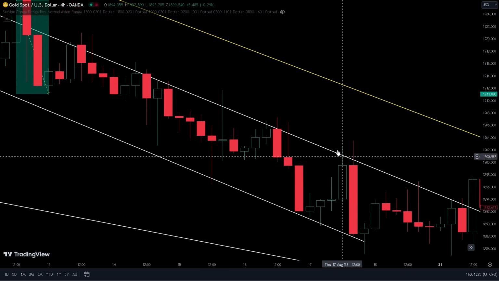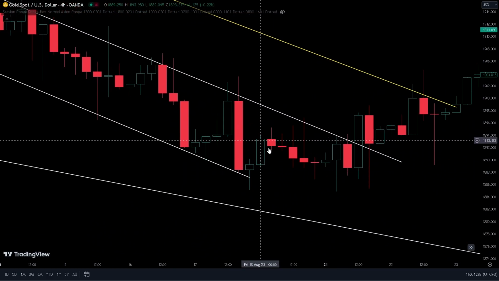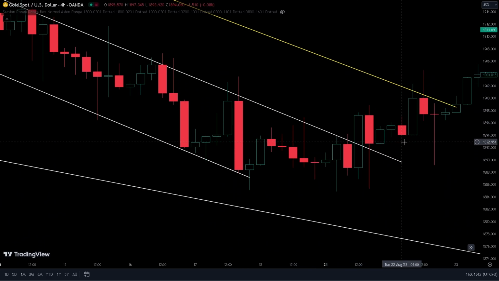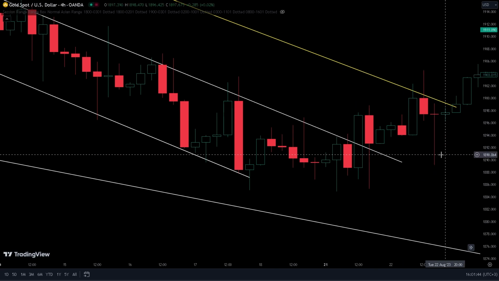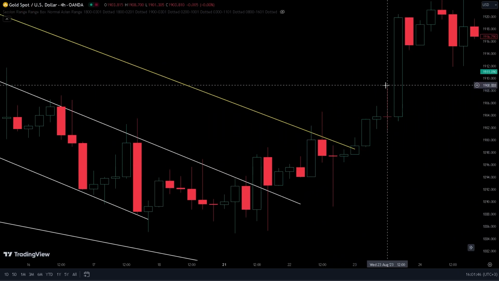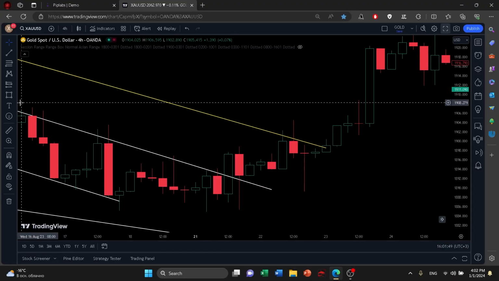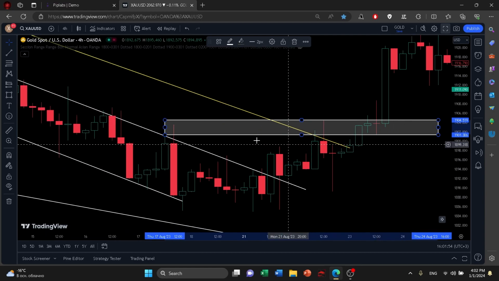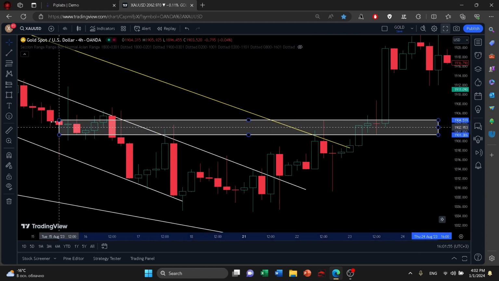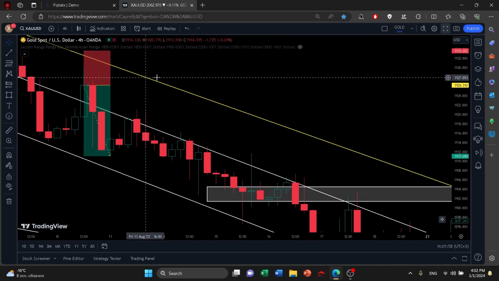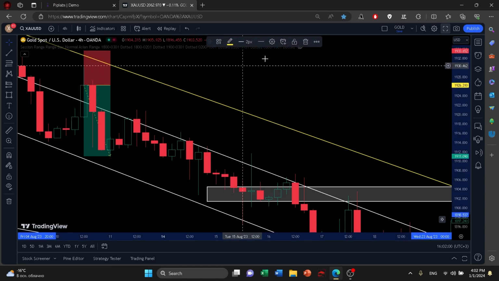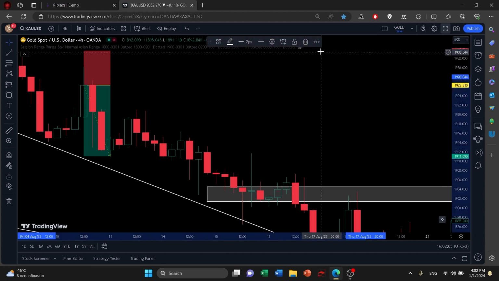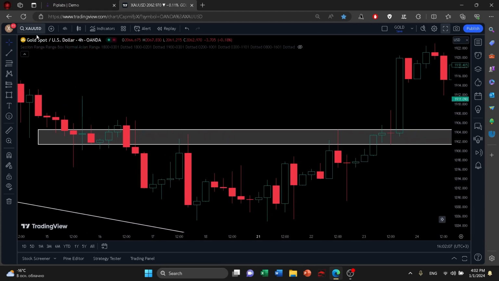And you can see over here the market respected this level, and then it started to bounce. Then we have a breakthrough, a rejection, and then a breakthrough again, which means this area over here all became a demand. Our resistance is broken, our channel is done. I don't need it. Okay, now basically